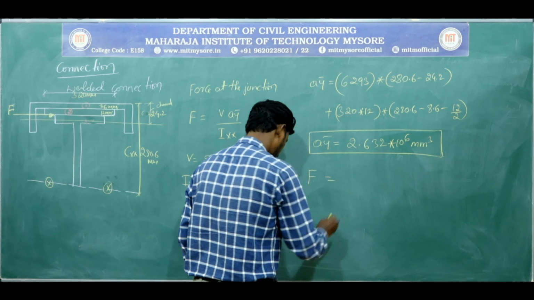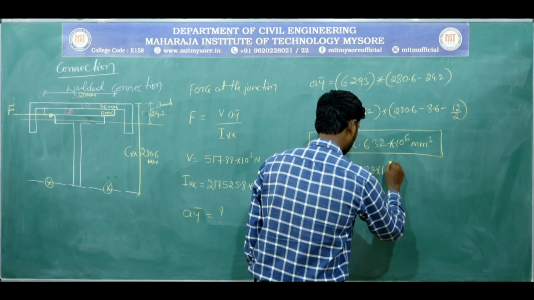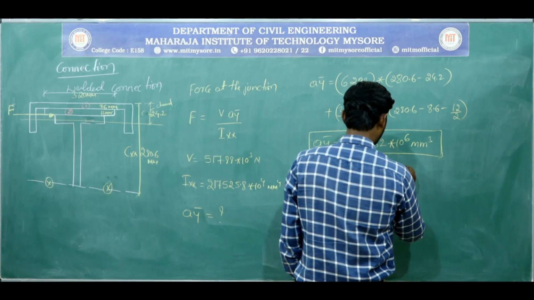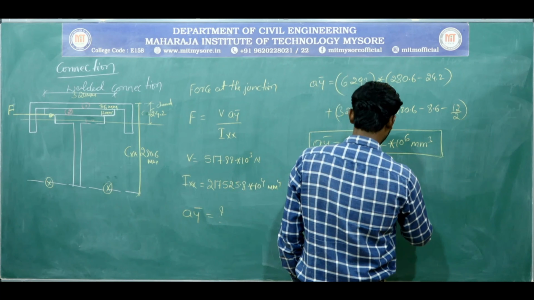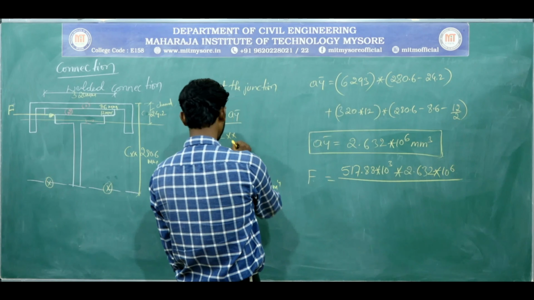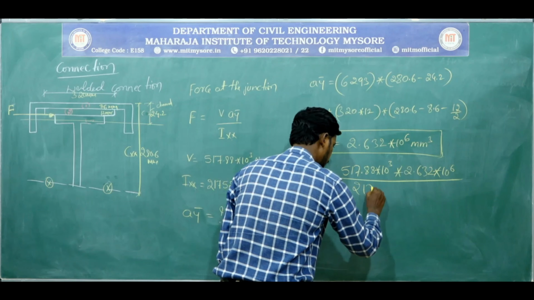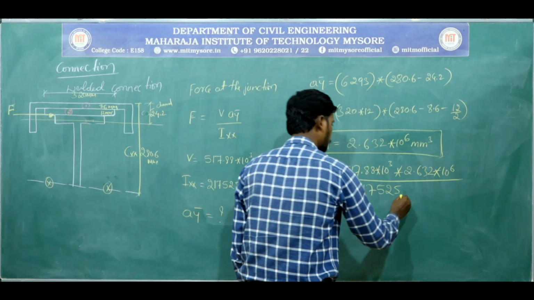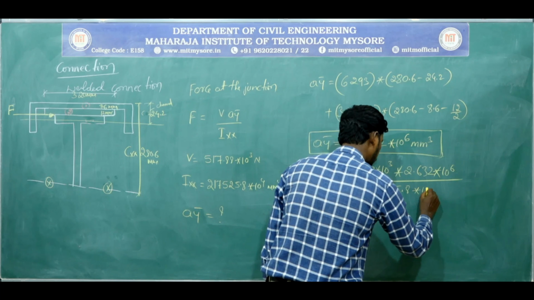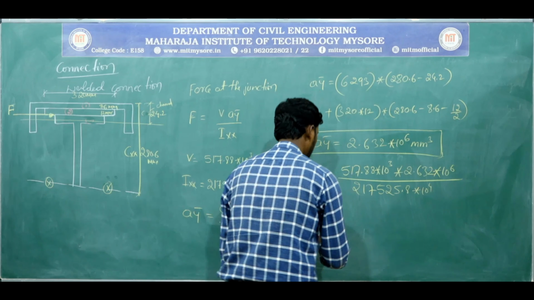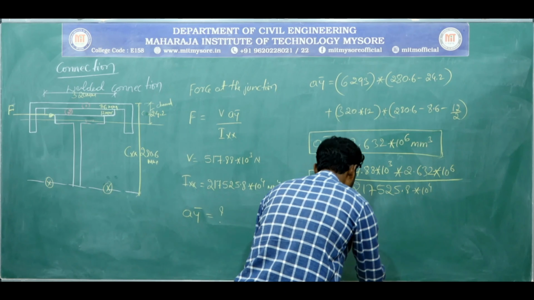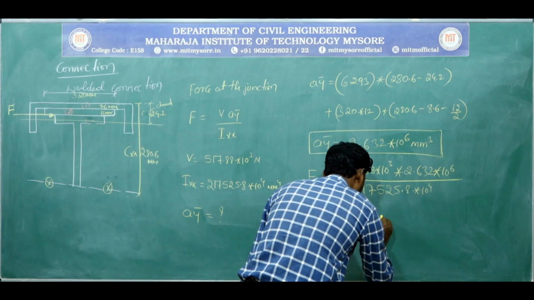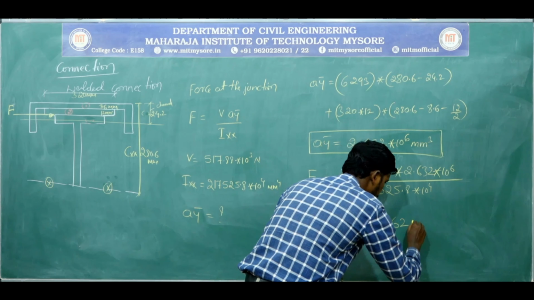F is equal to 517.88 into 10 power 3 multiplied by A Y bar, that is 2.632 into 10 power 6, divided by IXX, that is 217,525.8 into 10 power 4, which will give us the force, that is 626.62 Newton